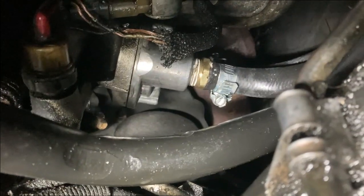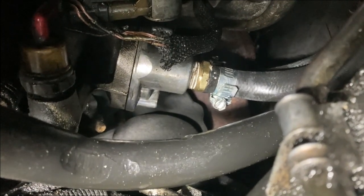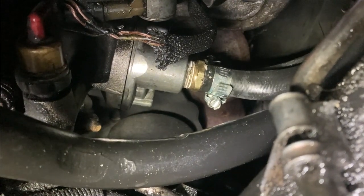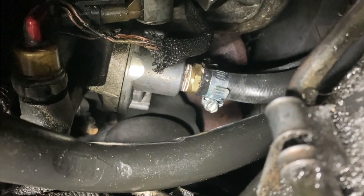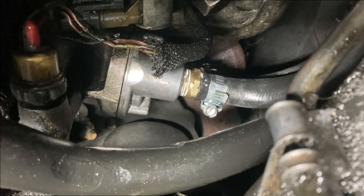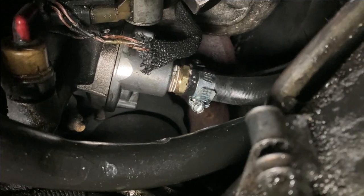Alright, so there we go. Lines are hooked up. Now that the lines are hooked up, probably thinking that at this point is pretty much a standard oil change. Not so fast. By adding all this hose and whatnot, we have actually increased the oil capacity of this car. Now, I did some looking up on Google, and I'm going to confirm this, but from what I saw,